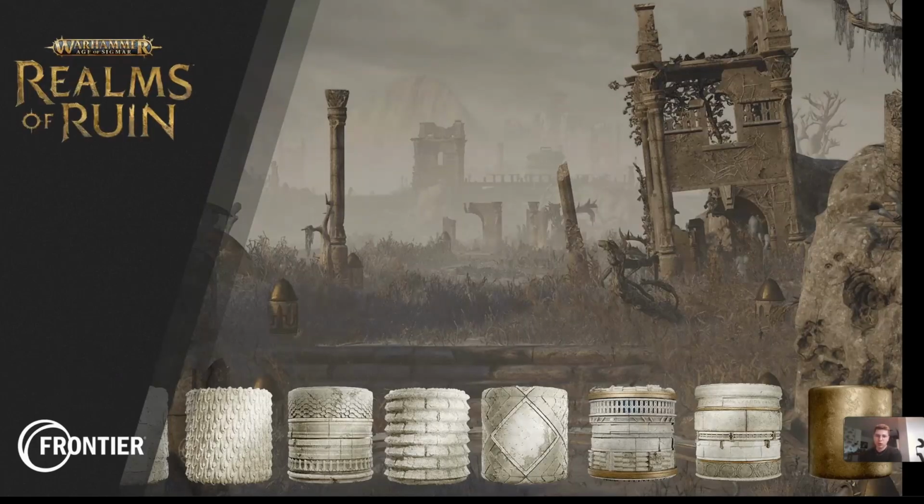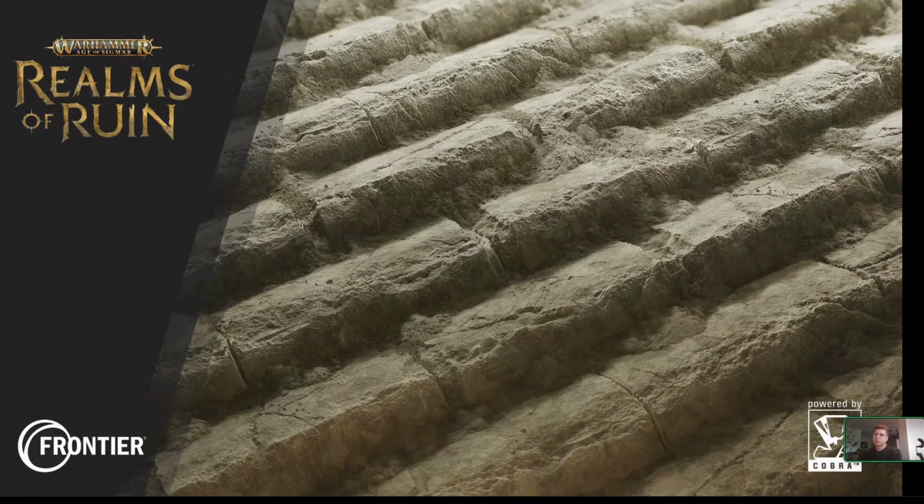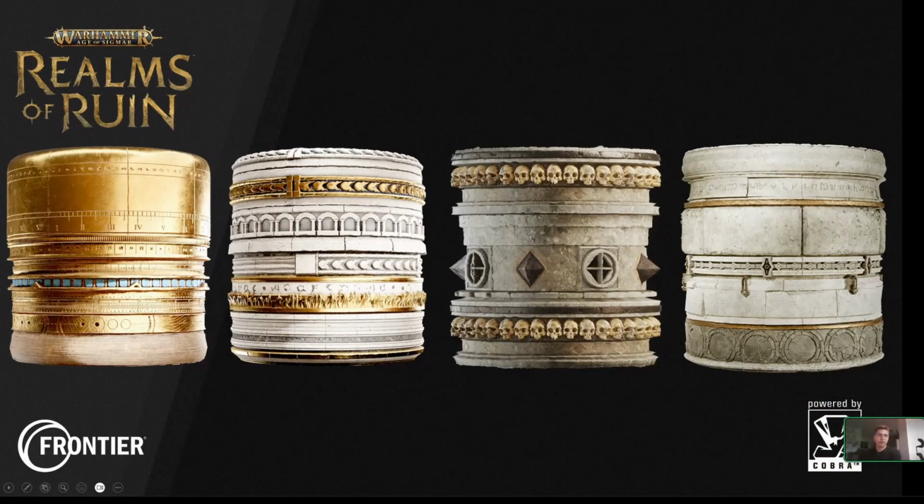Here you can see more of my work on Warhammer Realms of Ruin. Here we used a lot of trim sheets, a lot of different outputs. So that's a great example of all the stuff we did. I'll show you more in a bit. Here are a few more examples of that. And here are some of the trim sheets I was telling you about in